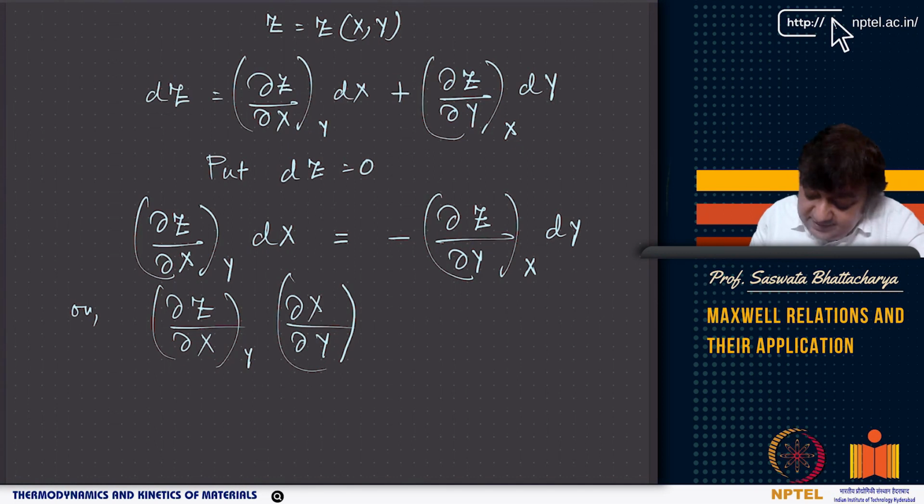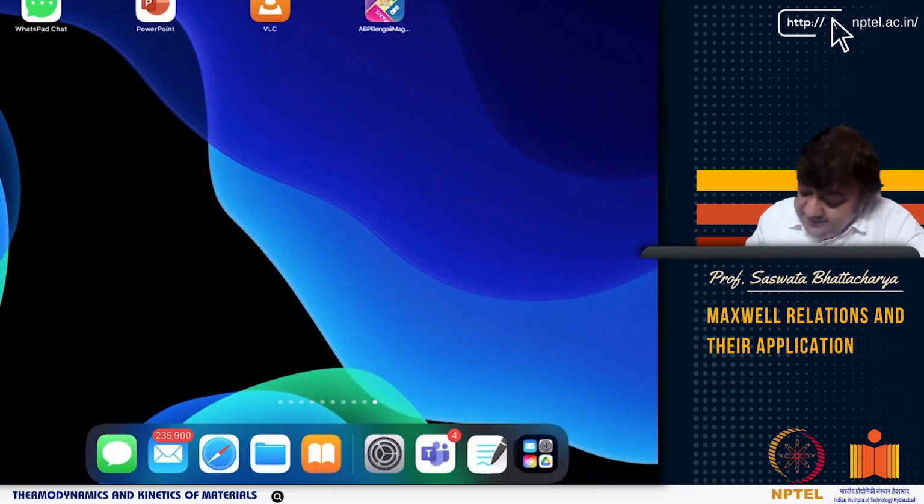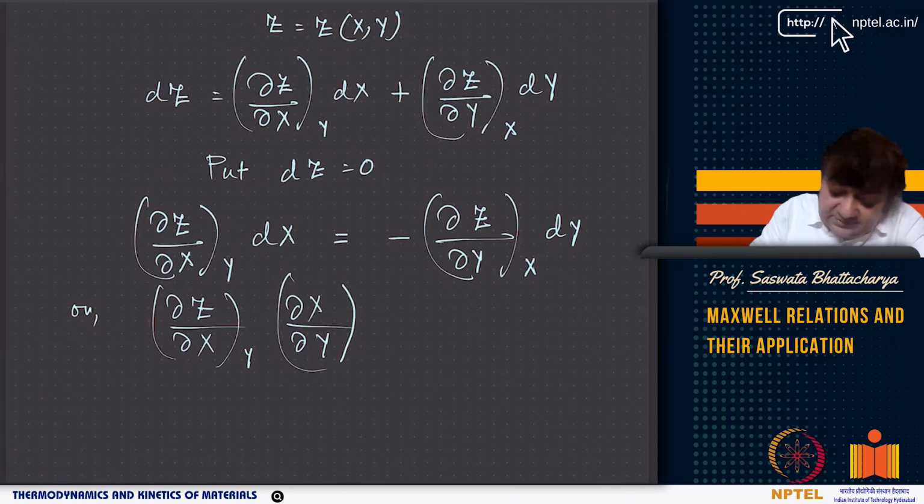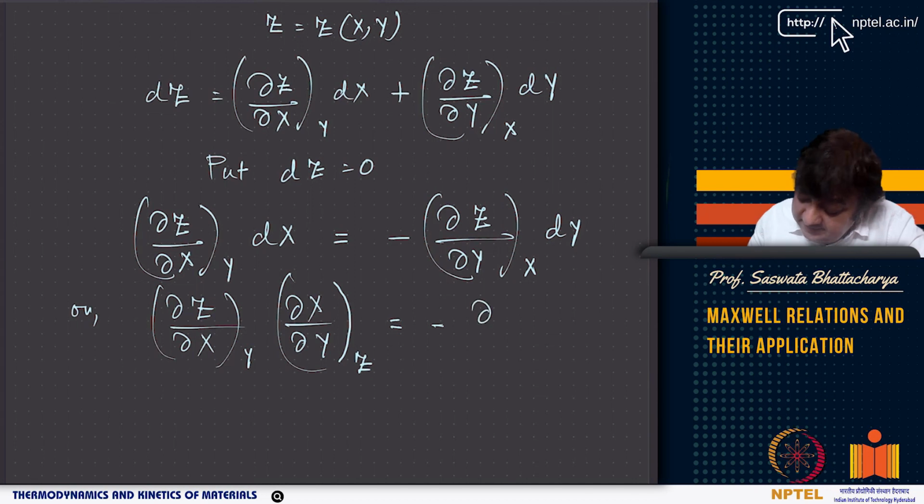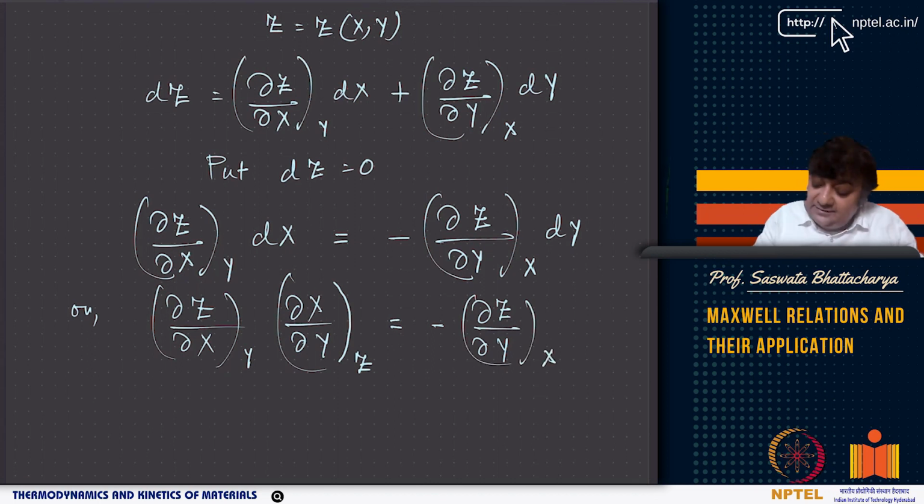So what I am doing here, you have dx, here we have dy. I am differentiating x with respect to y, keeping z constant. And because I am just taking dy here, so del x del y at constant z, and this is minus del z del y at constant x, right? Or if I take this also here, it will be the inverse of del z del y x.